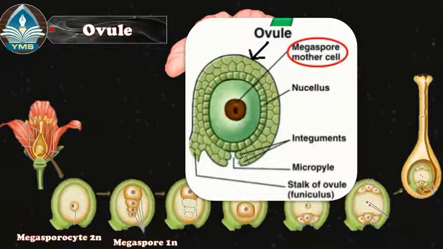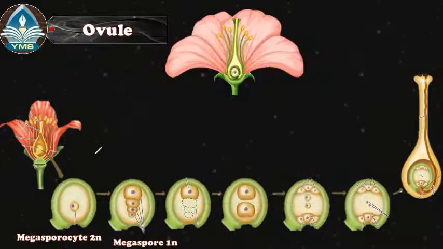And here we're going to see that this part of the stalk is called the funiculus. The funiculus develops into the stalk of the flower, and these are the parts of the ovule. So here we have the